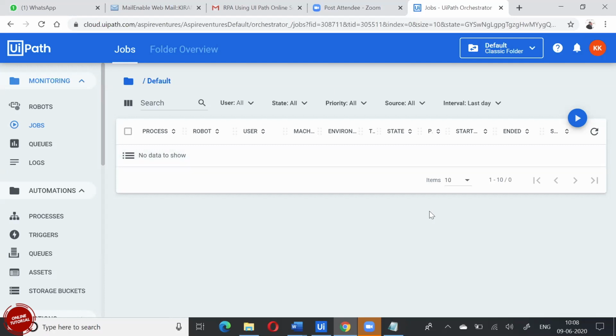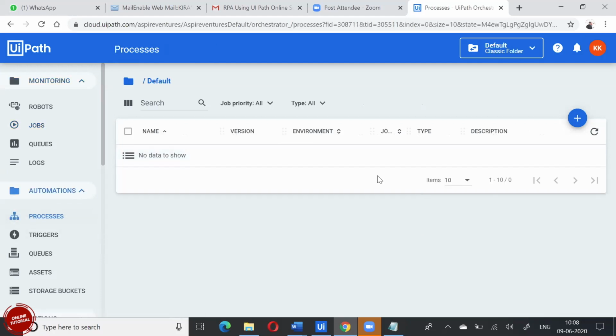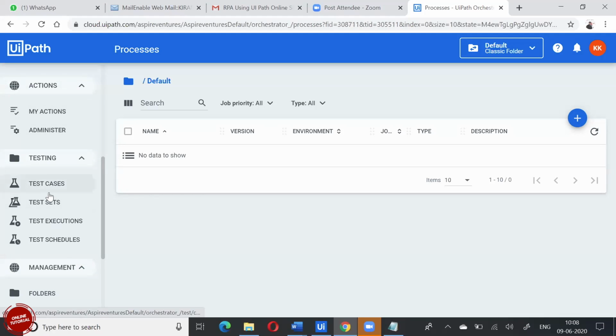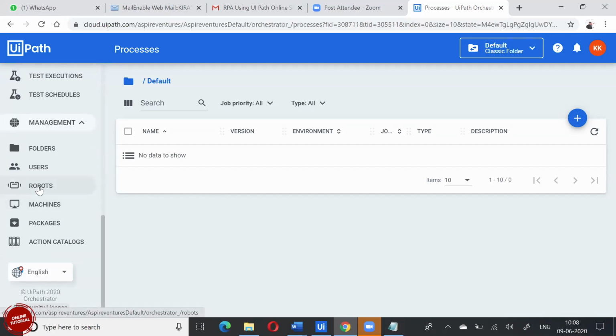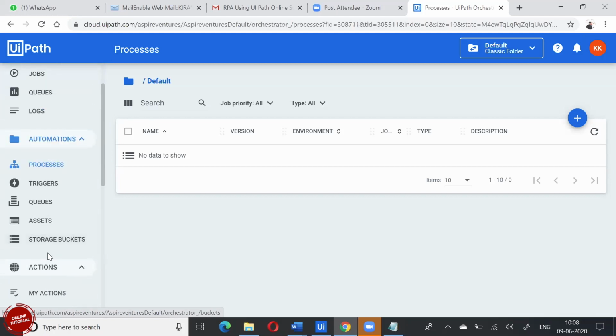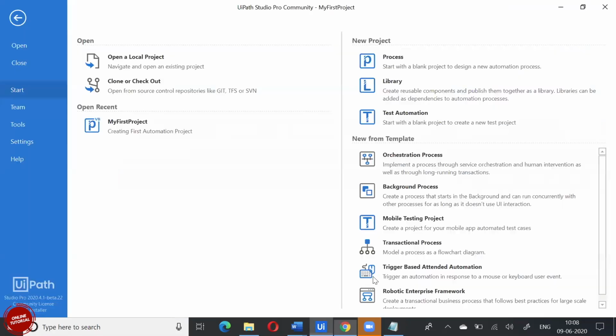Okay. So I was trying to create this new blank process. No, you cannot create that now actually. It has its own set of steps to follow. You'll have to create machines first, then create robots, then you can come to packages, and then comes your processes. No, in the studio itself, you showed in the new project. Correct, that is what I was trying to create, just one blank. So you have to give a name. Yeah, you can give any name at the moment. With name and description, you can create it.